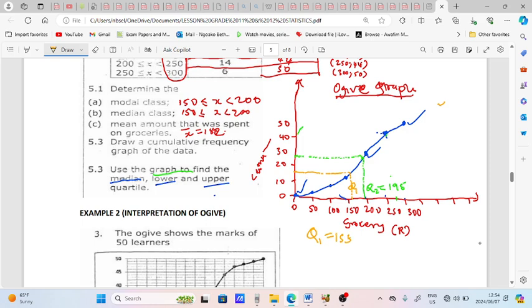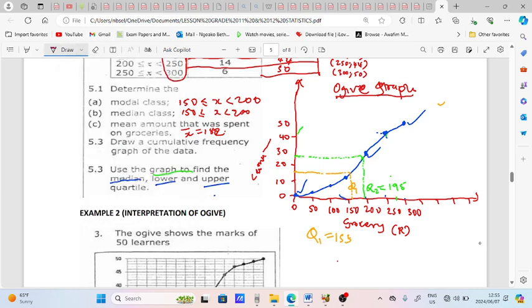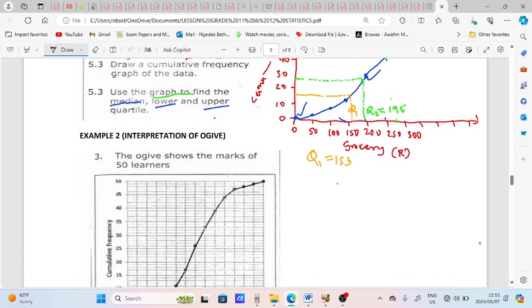Let's go to Q3. Can you see it's simple? But for Q3, you'll need to say that will be 75%, or 3/4 of what? Of 50 plus 1. What will be the answer? You know, right? 38. 38,25. If you miss this one,